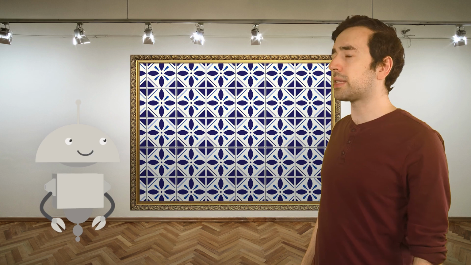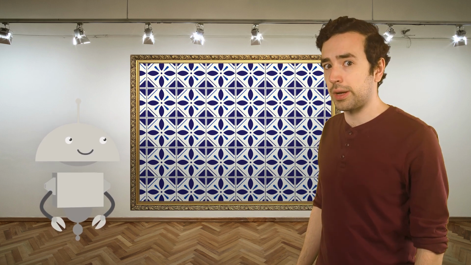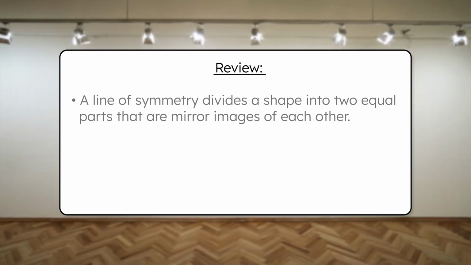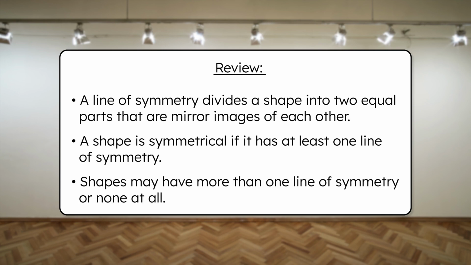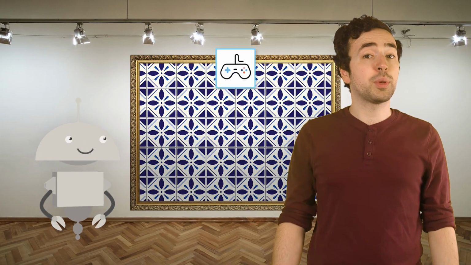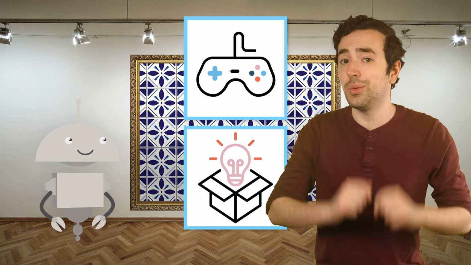So, what have we learned today, besides the fact that these museum tiles are full of secret symmetry? Well, now you know that a line of symmetry divides a shape into 2 equal parts that are mirror images of each other. A shape is symmetrical if it has at least 1 line of symmetry. A shape is asymmetrical if it has no lines of symmetry. And complex shapes may have 1, many, or no symmetry lines, depending on the side lengths, angles, and how the shape fits together. Be sure to complete the practice questions and extension activities that go with this lesson to practice